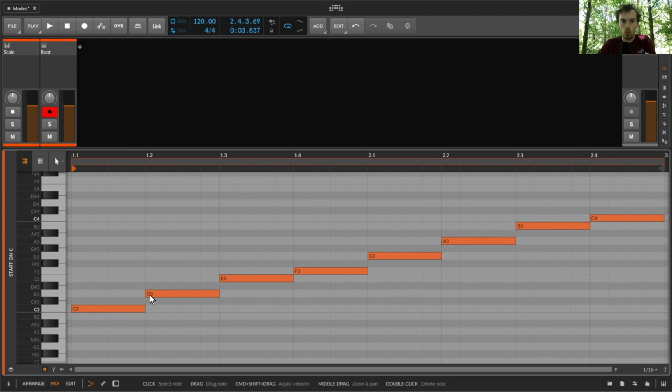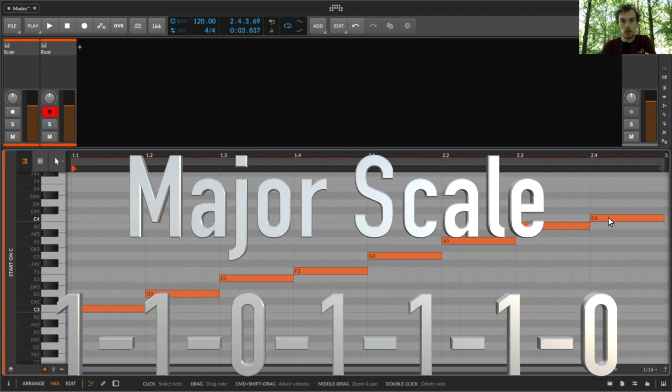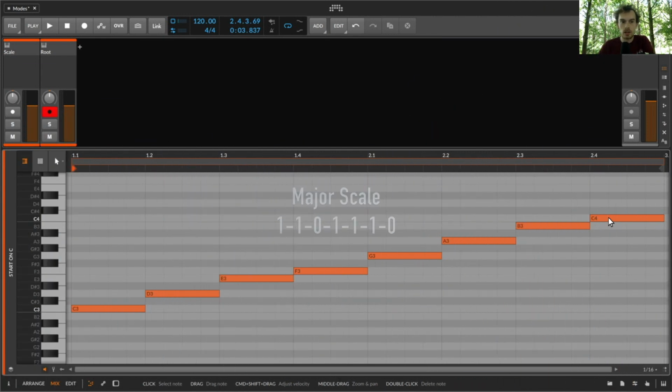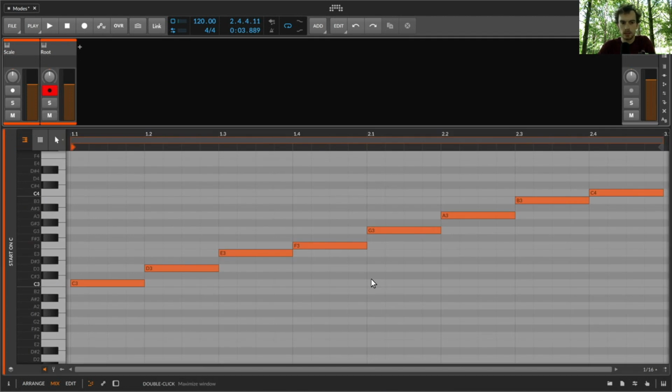We have a gap of 1, 1, 0, 1, 1, 1, 0, which equates to a major scale. 1, 1, 0, 1, 1, 1, 0 equals happy, bright, not much tension. Now, because we started on the C, and because there's a C droning in the bass, once we hit this B and then into the C, you'll feel this sense of resolution, almost like we've reached home after a long